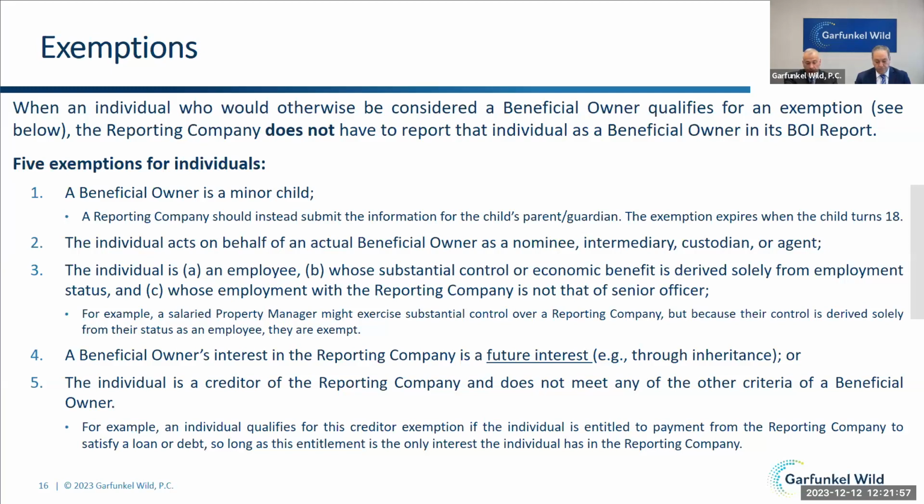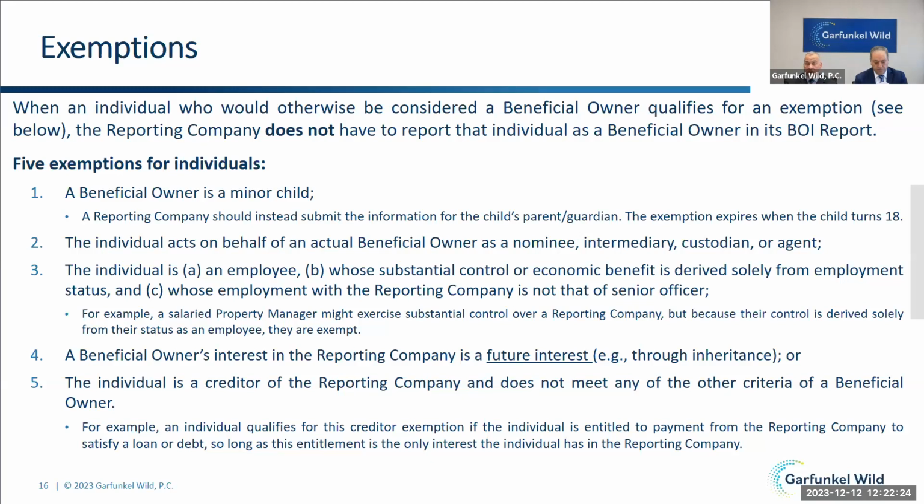Exemptions. When an individual who would otherwise be considered a beneficial owner qualifies for an exemption, the reporting company does not have to report that individual as a beneficial owner in its BOI report. All right, 5 exemptions for individuals. A beneficial owner is a minor child. The reporting company should instead submit the information for the child's parent or guardian, and the exemption expires when the